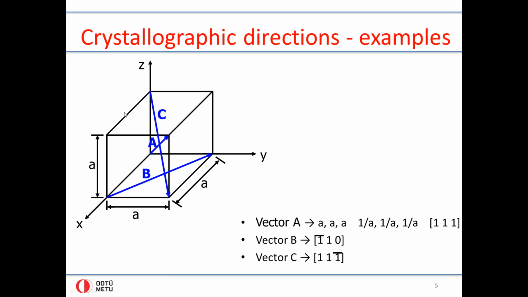But you might imagine that from this point to this point, and from this point to this point, you will again have identical properties. However, they will differ from the properties of 1, 0, 0 or 0, 0, 1. So that will be a different